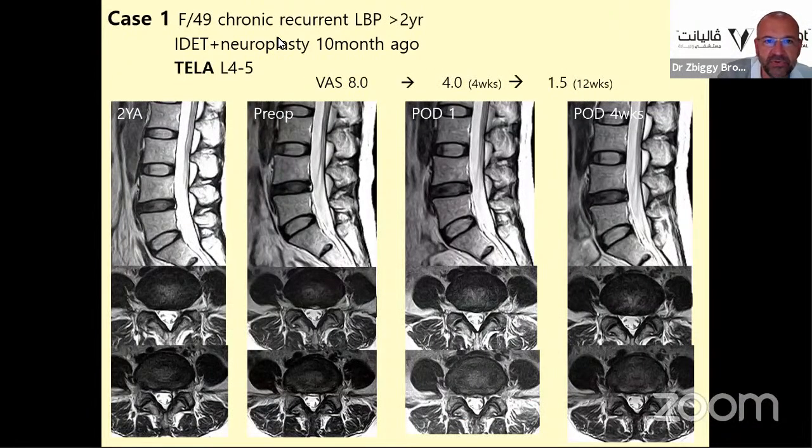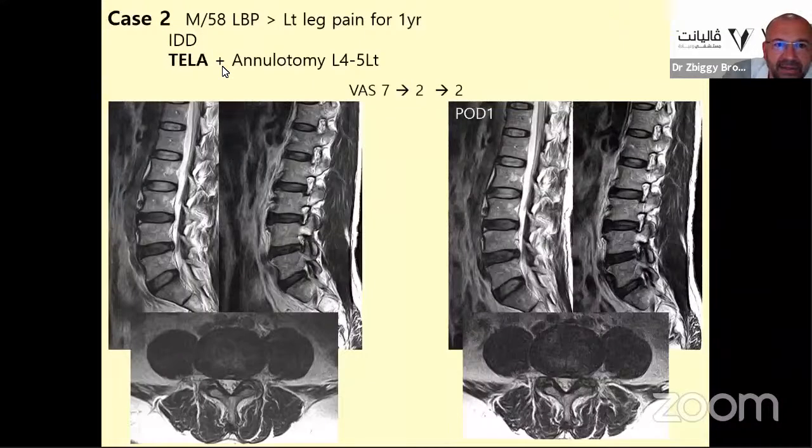This is the patient with chronic recurrent low back pain, more than 2 years. Before, the VAS was 8. We perform only annuloplasty at the level L4-5. 4 weeks after, the VAS dropped down from 8 to 1.5. Another one we did annuloplasty and annulotomy L4-5 on the left side, and